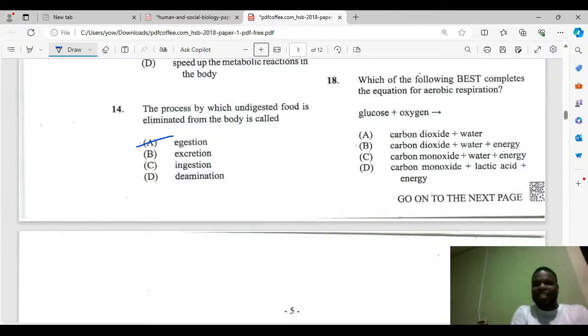So it's the opposite of photosynthesis. So therefore the answer would be, since the raw materials would be carbon dioxide and water for photosynthesis, it means that there would be a product or byproduct in aerobic respiration. So therefore it would be what? It would be carbon dioxide and water. And of course the main responsibility of aerobic respiration is to provide energy. So it would be carbon dioxide, water, plus energy.